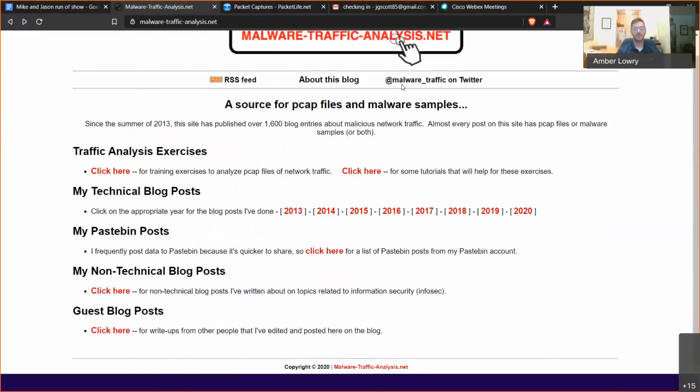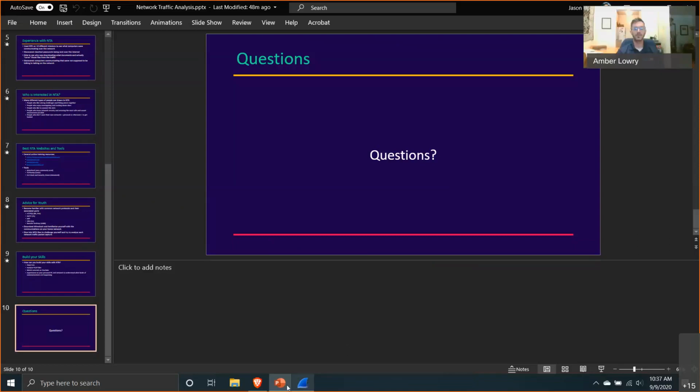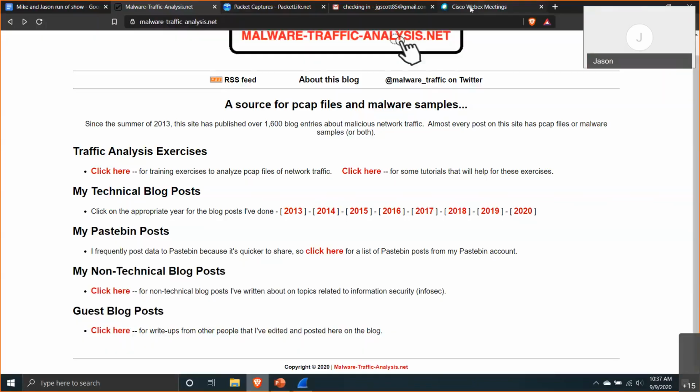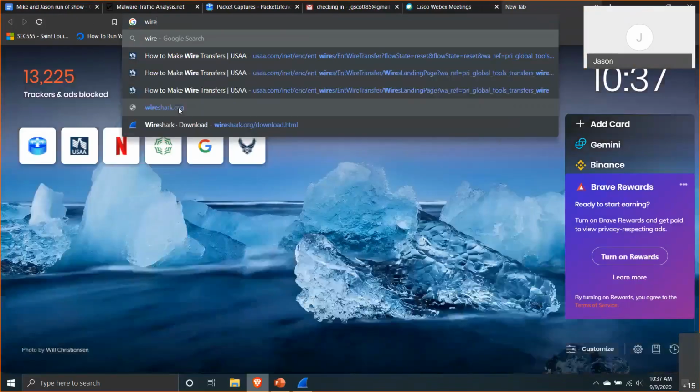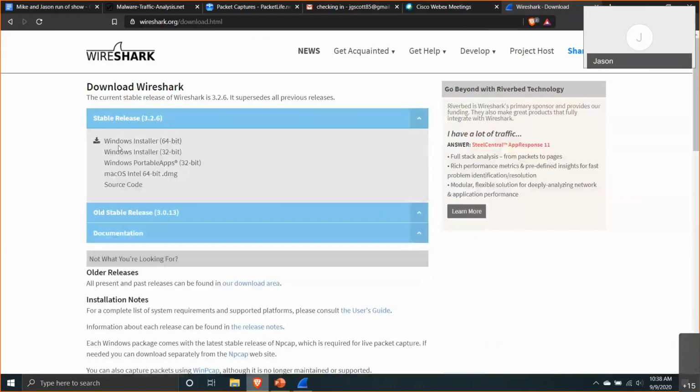And then let me show you Wireshark. You just do a Google search for Wireshark and download it. It's a pretty easy install application.